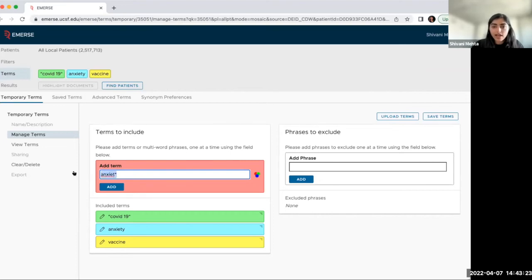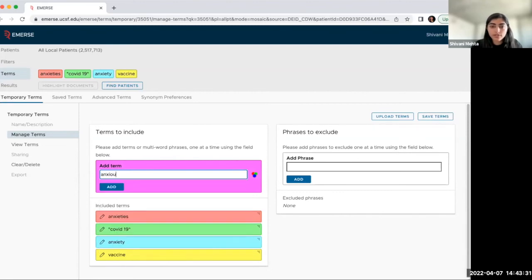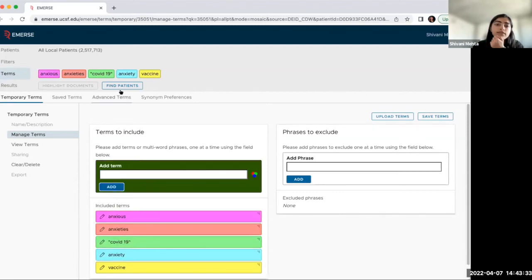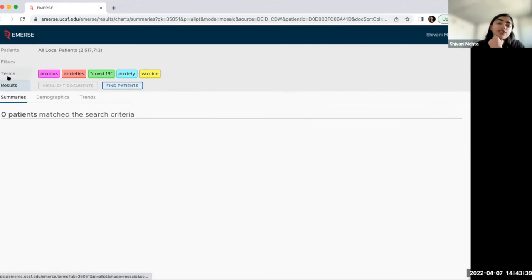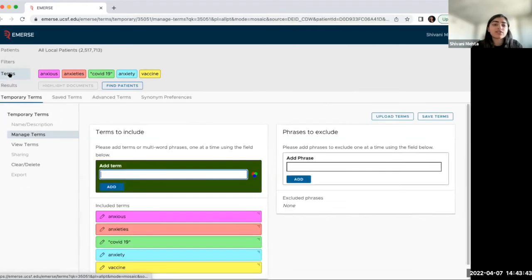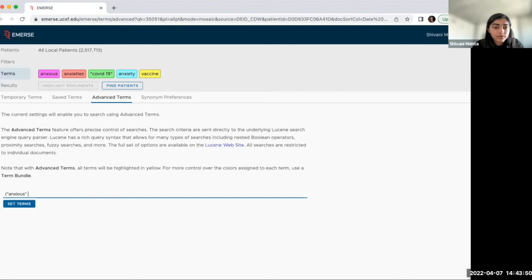Let me put in anxieties and then anxious and see how that goes. Oh, it's because it's searching as AND, which is why we're hitting 0 patients. So maybe advanced terms is the best way to do this. So we could do anxious or